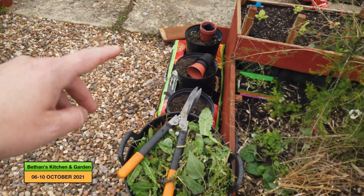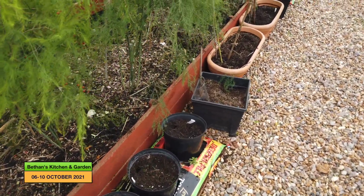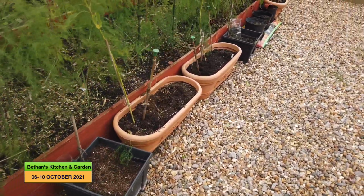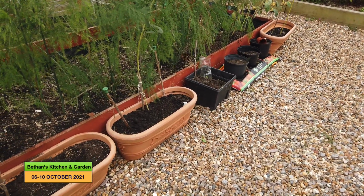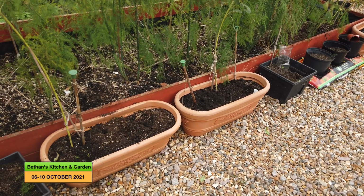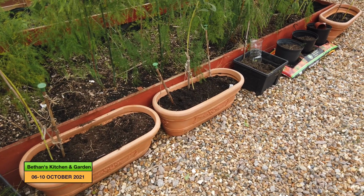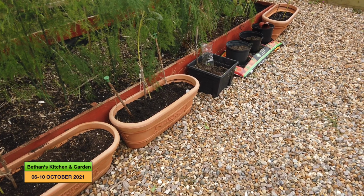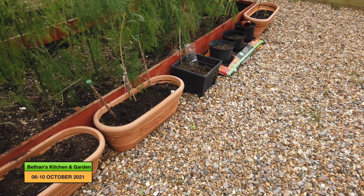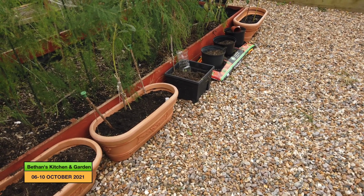I've taken down all of the tomatoes, well, taken them out, whichever way you want to look at it. So I just need to tidy away these pots, but I'm not really in any rush to do that, as I might fill some of these with pansies for overwinter and things like that, and the other pots I'll use the compost to start a new bed. I want to put a couple more beds in the garden so I can use the compost to bulk out that bed. But for now, let's find something else to